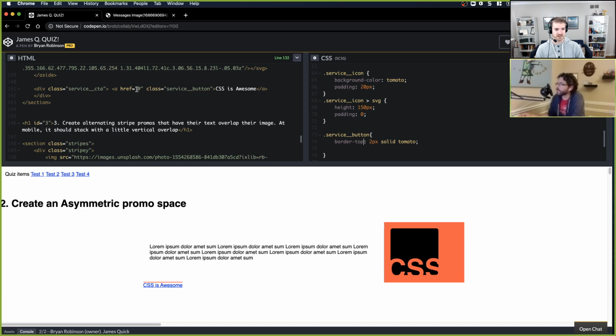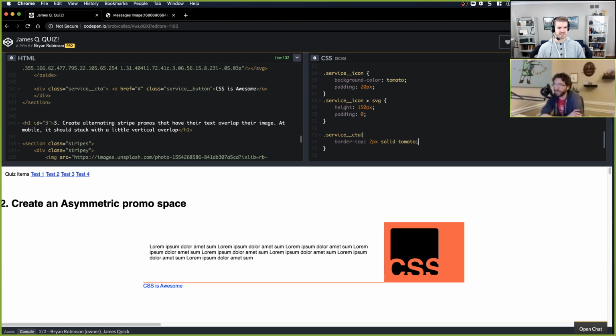Oh, it's an anchor tag in there. So the anchor tag is the service button. The service CTA is the whole thing. Service CTA. I didn't see that. Okay. Yeah. That seems good.